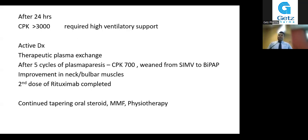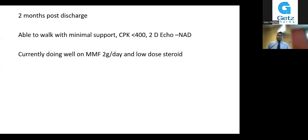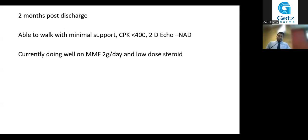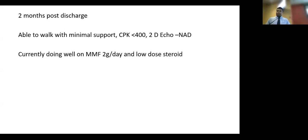And then the NG tube came out, and we changed the patient to oral drugs, oral steroid. Mycophenolate mofetil was started, along with physiotherapy. So we didn't give cyclophosphamide. Now, 2 months post discharge, the patient is able to walk with minimal support. CPK remains less than 400. The 2D echo is reassuringly normal, and she is currently doing very well on 2 grams of MMF daily with other medications and a low